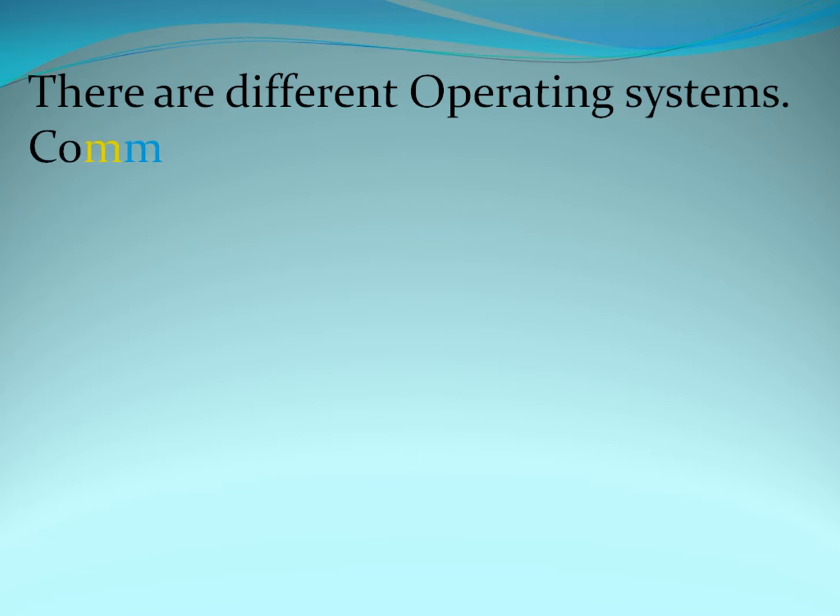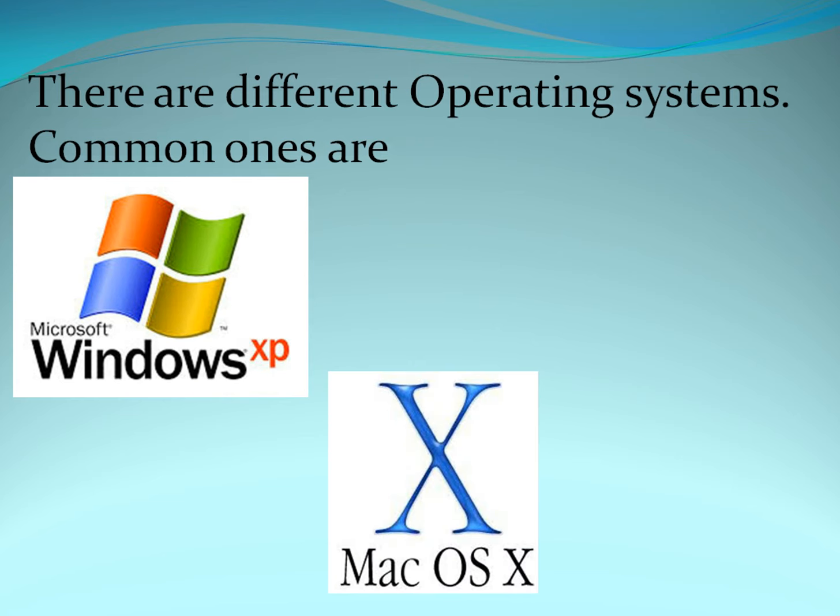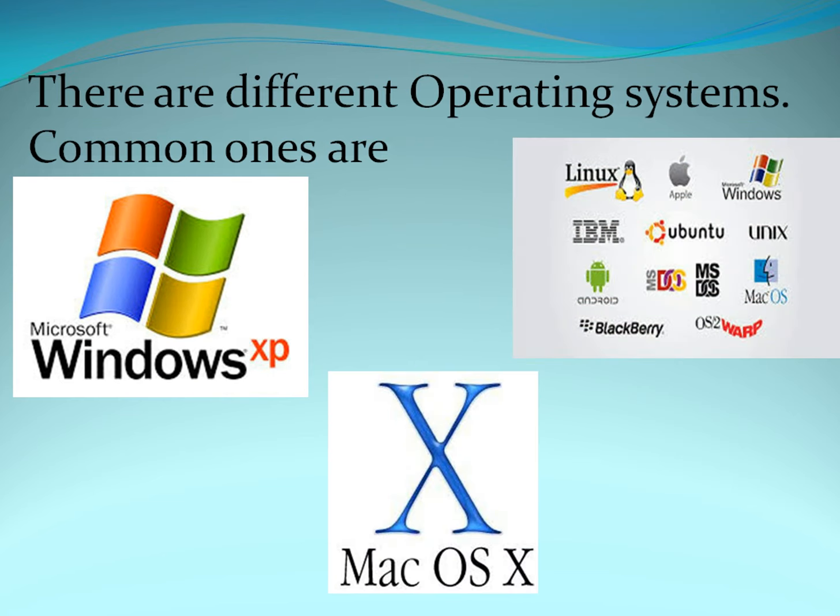There are different operating systems. Common ones are Microsoft Windows. In the school, you are having the computer. So you have seen Microsoft Windows, which includes Microsoft Windows XP. Now we have the latest versions like Microsoft Windows 10, 16 and many more. In our school we are having Microsoft Windows XP. There are also many operating systems like Mac OS X, which is called OS 10. Do you see on the screen, Linux, Unix, Ubuntu and many more things.